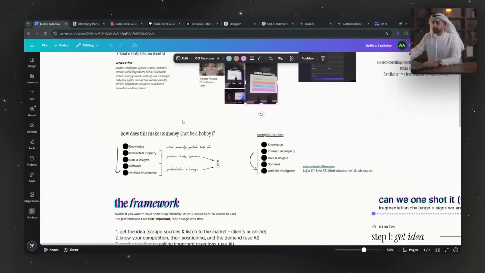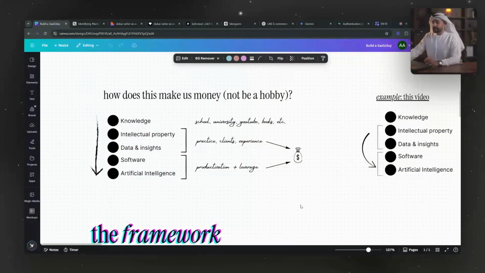So now the question becomes, Adham, how does this make me money? How does this not stay a hobby? Because we see on YouTube today many individuals showing demos on n8n, or showing agents. I built this AI agent that reads from a document and I can speak to documents, or I built this AI agent that can identify which type of dog this is by pictures. Those are hobbies, unless you turn them into a business that makes you money. So in this video, I want to show you how you can turn everything into making you money.